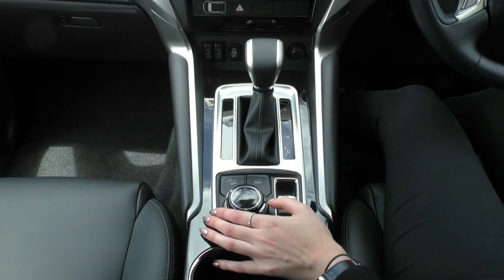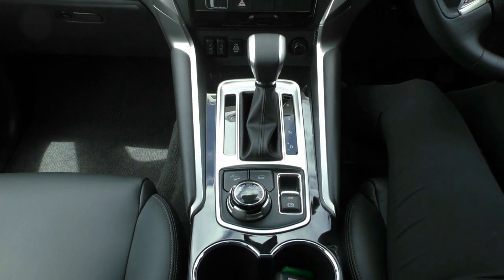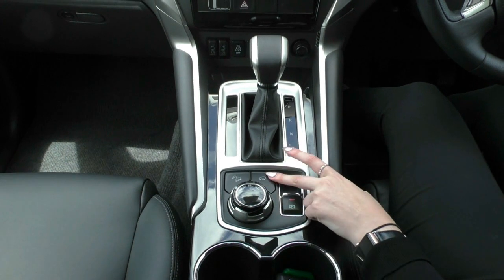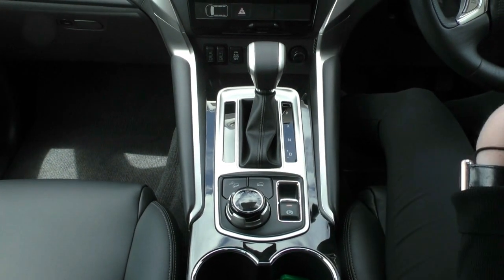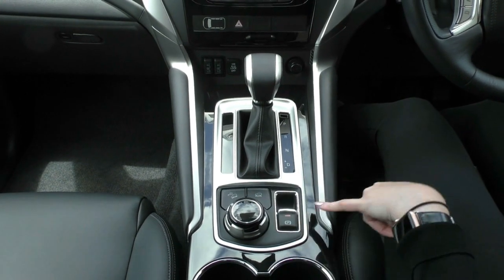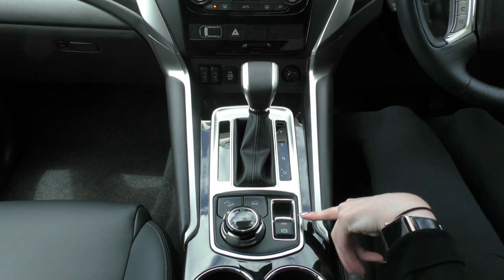Now this is Mitsubishi's Super Select 4-wheel drive system, so you can change between 2 high and 4 high while you're driving up to 100 kilometers. Your downhill descent control as well, and your terrain selector, so when you are in your 4-wheel drive modes you can change your terrain as well. Electric handbrake, so same as a normal one really, down for off, up for on, and the little light tells